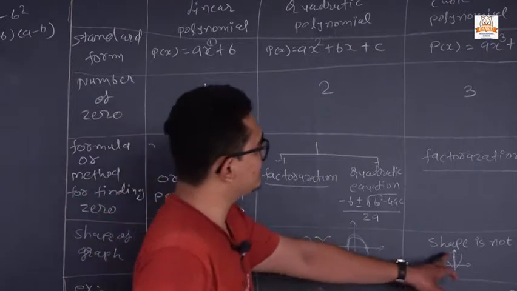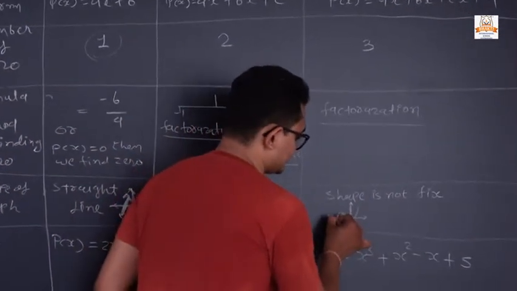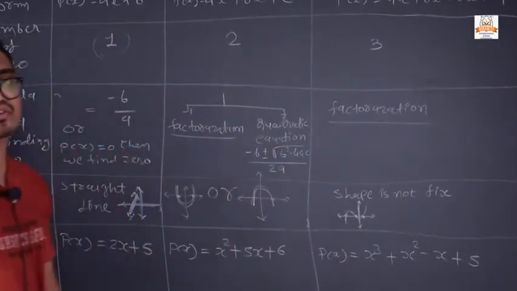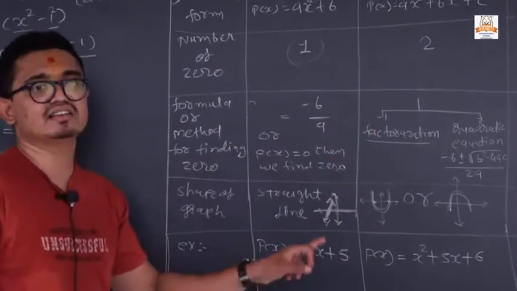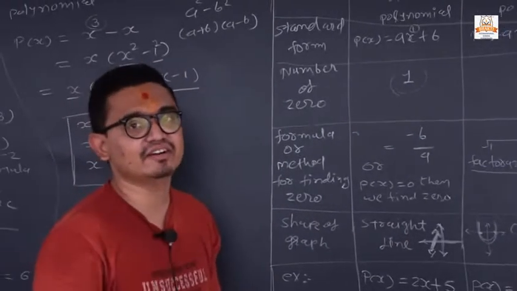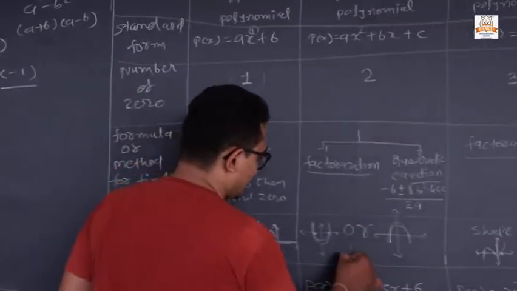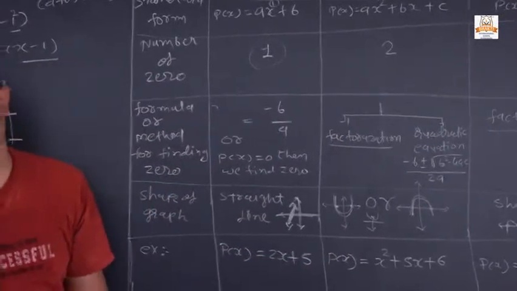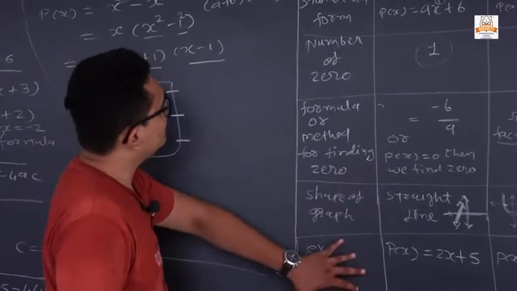Next, for a cubic the shape is not fixed, but the graph cuts the x-axis up to 3 times, that is 1, 2 and 3 times. So for a cubic polynomial, it can cut the x-axis 3 different times, but it depends on which example is given to us. Sometimes it does not cut. We have graphs like that. We can also see these cases in our previous lectures. Clear?